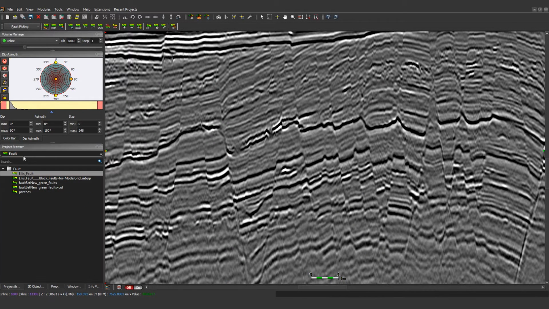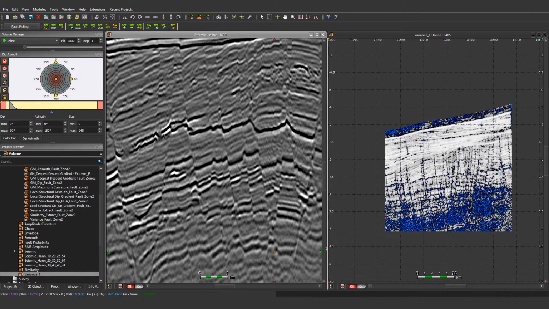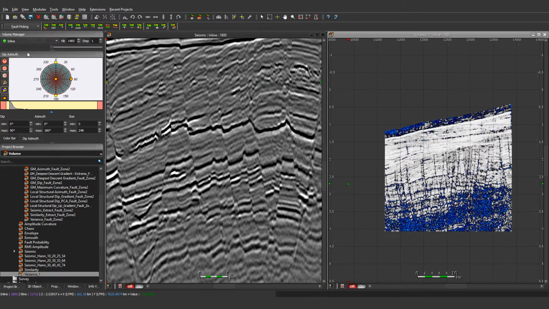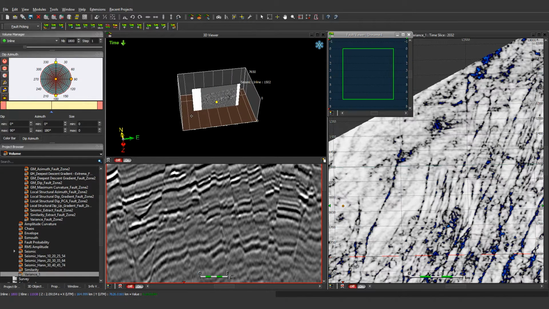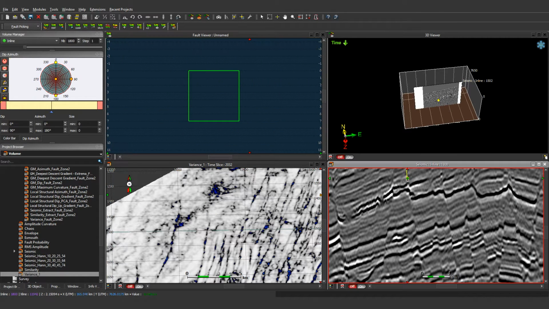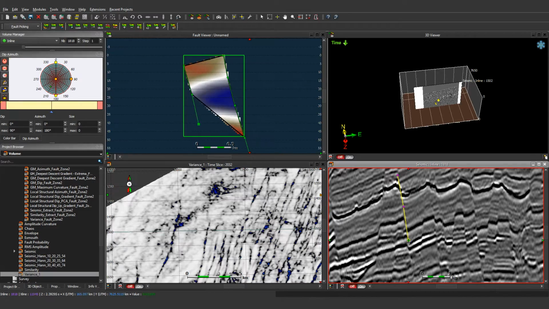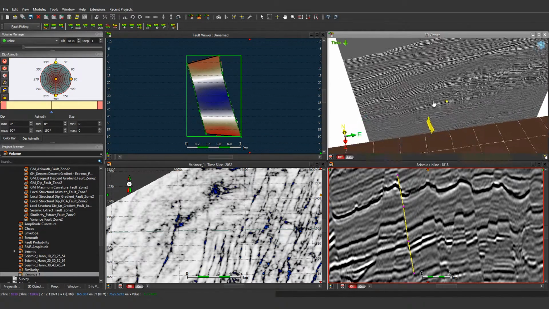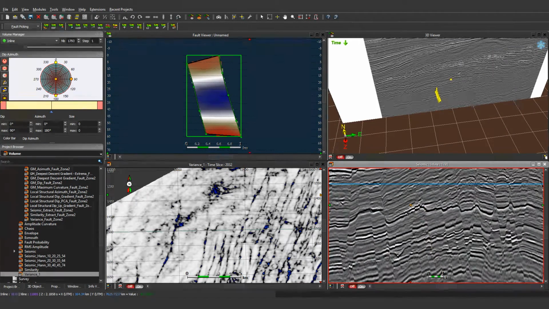We use all these attributes now to interpret fault patches. So to pick these patches, this is very simple. You just have to load and open different attributes, like here the seismic section and the variance. Generally, the variance, we put it in time slice to look at the different fault network. Then you can use the fault picking tool. Very simple. As soon as you start picking, a fault viewer will open with a 3D viewer. And then the interpreter can pick fault sticks. In real time, as soon as you pick a fault stick, you can visualize on the fault viewer the fault plane, and also in 3D the fault surface, which is built in real time.